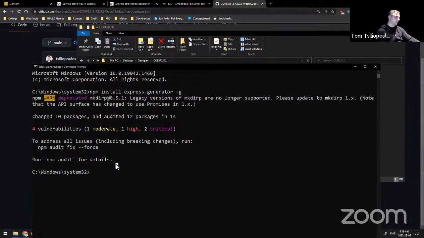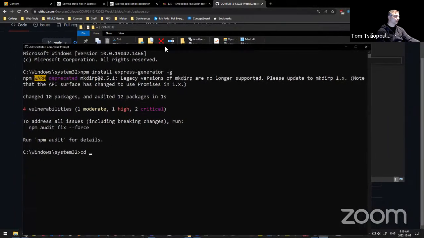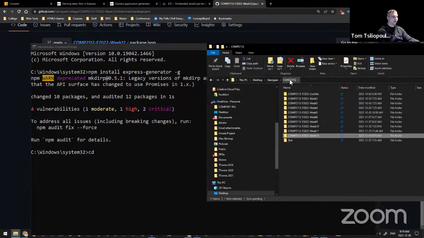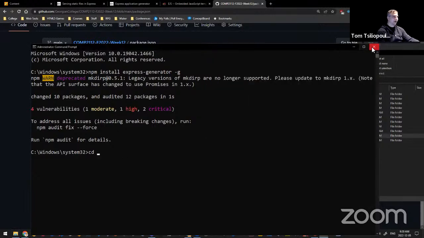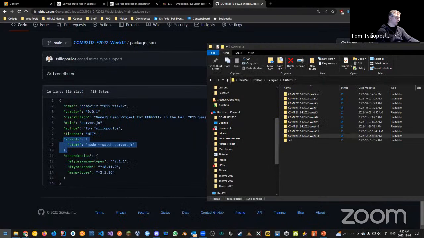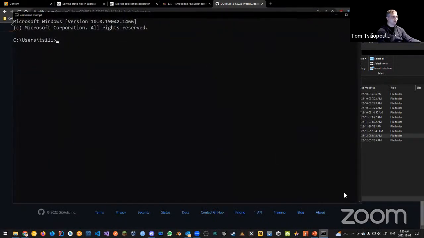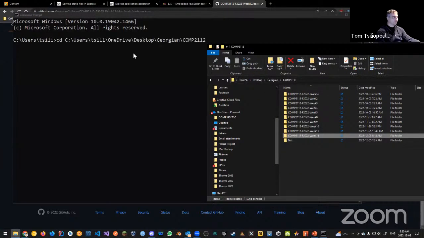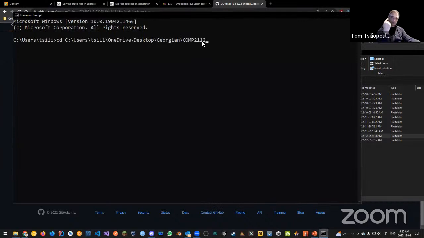Now, what I want to do is change my directory to the directory that I'm working in right now, which is not my week 13 directory, but rather the containing directory. So I want to just grab this and go here. I want to kind of teleport into that area. Actually, we can use a regular command prompt for that. That's why it was giving me that response. So again, cd space and a regular command prompt to go into the containing folder, not my actual folder, but the folder above it.